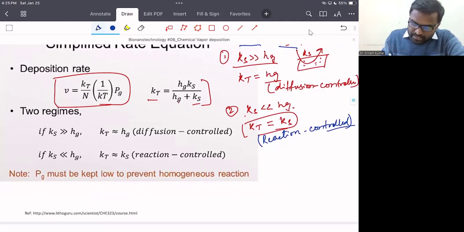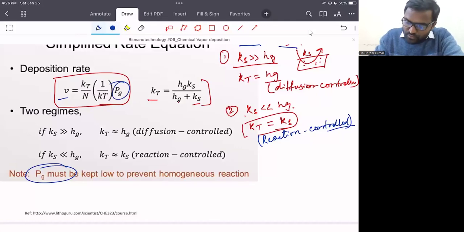And the third point is we need to understand the partial pressure. Here the rate constant, so the deposition rate is proportional to the partial pressure. So now let's understand what the effect of partial pressure is here. So suppose